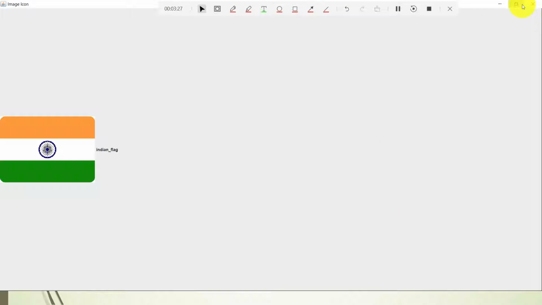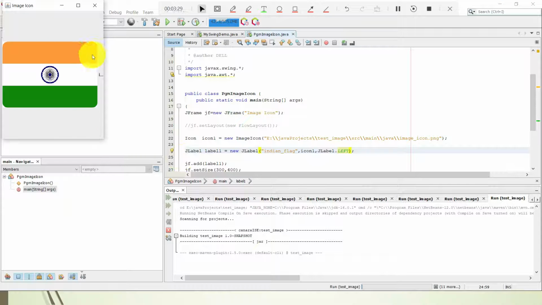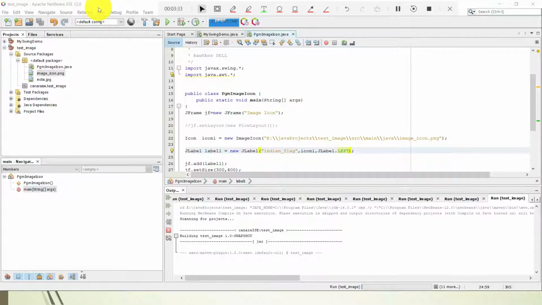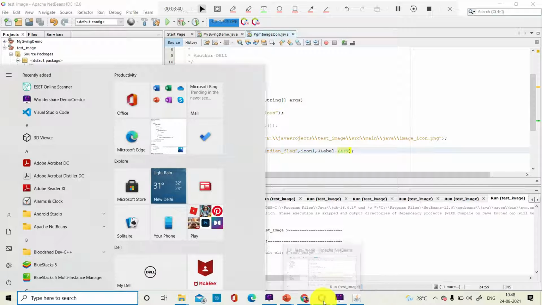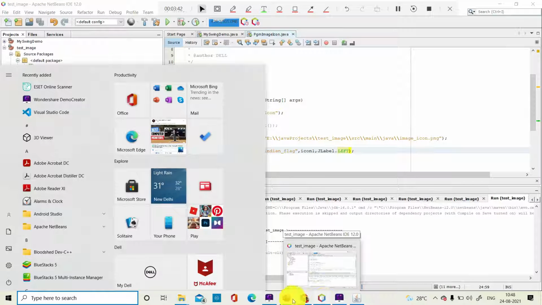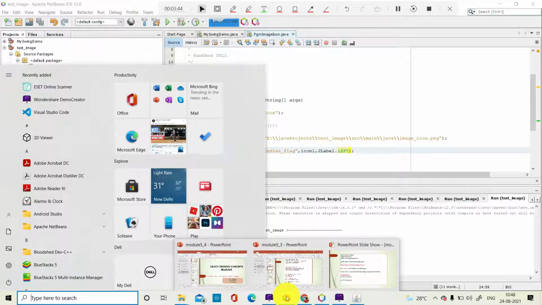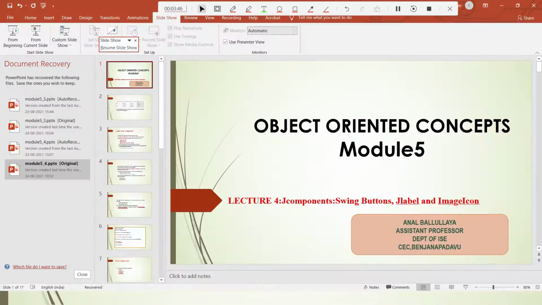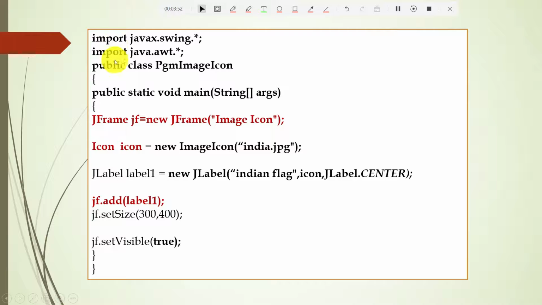Similarly, you can execute this at home, students, and explore new options. So I will just close this for now and continue with the remaining part of the program. Let me take you back to the PPT and let us understand the remaining concepts, students. Yes, this is what we were discussing. I will take you back to the slide where we stopped.